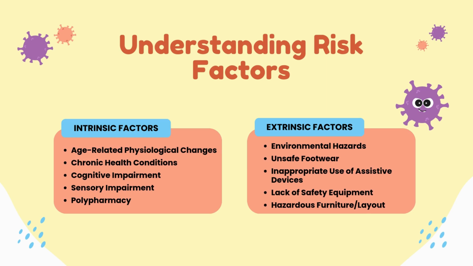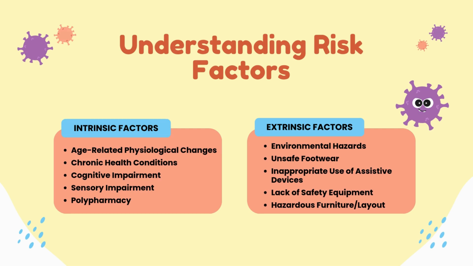Extrinsic factors are external environmental hazards that contribute to falls. These include slippery floors, poor lighting, unsafe footwear, inappropriate use of assistive devices, lack of safety equipment, and hazardous furniture or layouts that obstruct safe movement. Understanding both intrinsic and extrinsic risk factors helps us take proactive steps in fall prevention, ensuring a safer environment and